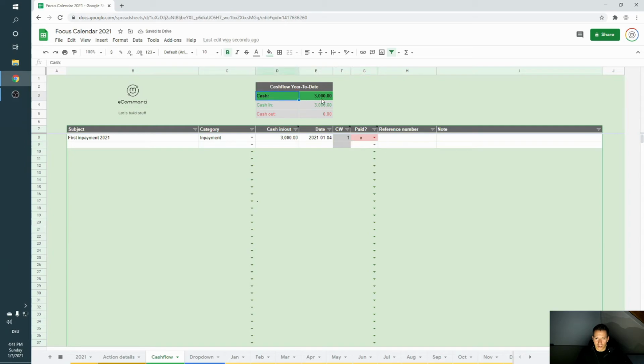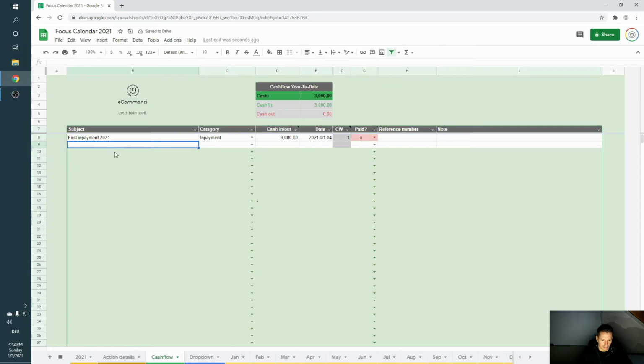As you can see, now we have cash of 3,000 because our cash in is 3,000. As you can see, the little X here is colored red. That's because today it's the 3rd of January and we defined the 4th of January. So that's actually the future right now. So it's red because if you have a payment in the future and you said you paid it already, that's actually not possible. So I made a little like arrow check here. Okay. So tomorrow, if I put in the X here, you will see it's not red anymore. But let's say we keep that X for now.